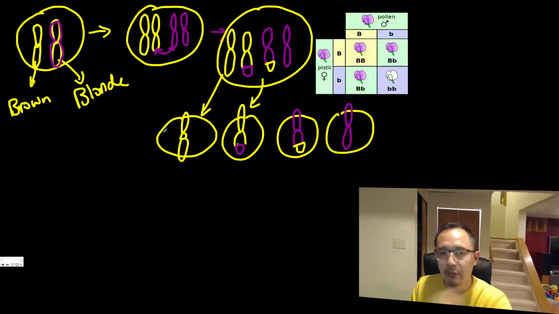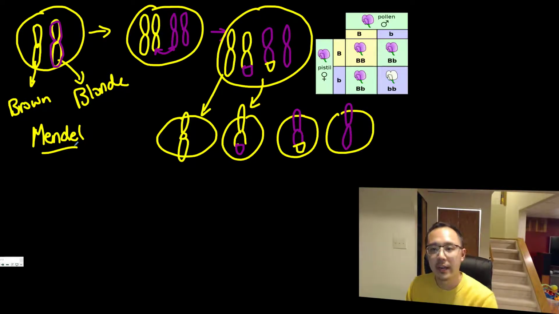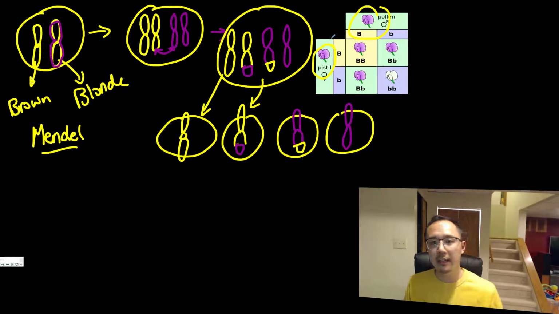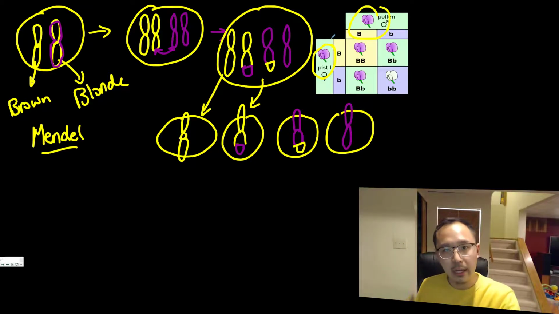So how does this relate to, how was this first discovered? Well, the first thing that was discovered was by an Austrian monk by the name of Gregor Mendel. And what he did was a lot of pea genetics, where he looked at the pea plants and bred them and counted the number of plants that he got as a result. And it was a very meticulous task because he had to count and collect tons of data